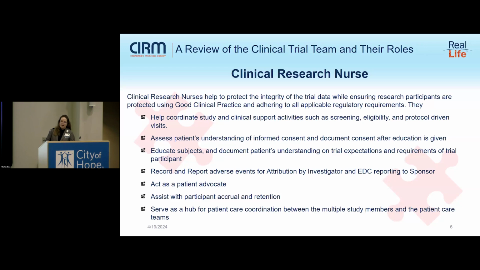So as you can see, we have our hands in a lot of the pots, trying to help make sure that the care gets coordinated according to what the study parameters are and within the